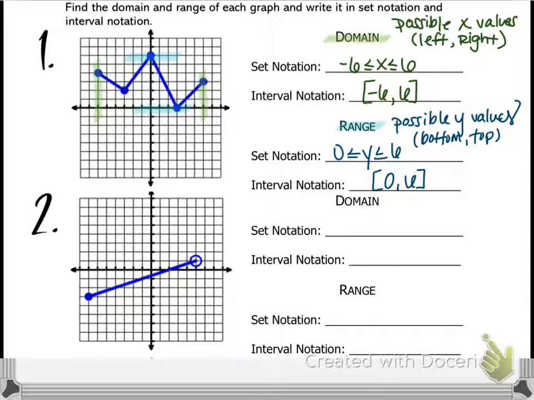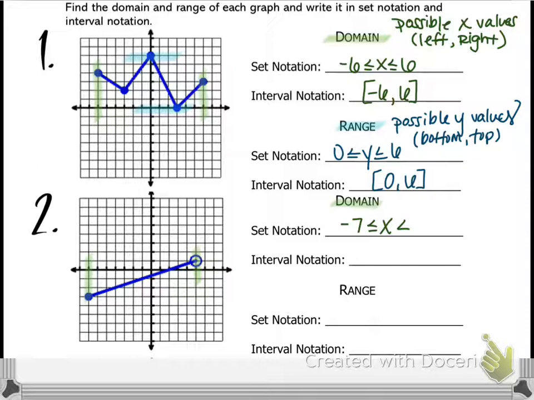So this one is similar, but we have a different picture, obviously. But we have our domain. Remember, this is from left, which looks like it hits at a -7, and it's a closed dot. So I'm going to say -7 is less than or equal to. Domain talks about x, so I include my x. And then I look at my rightmost point, which is an open dot, so that's not going to be a less than or equal to, it's just going to be a less than symbol,